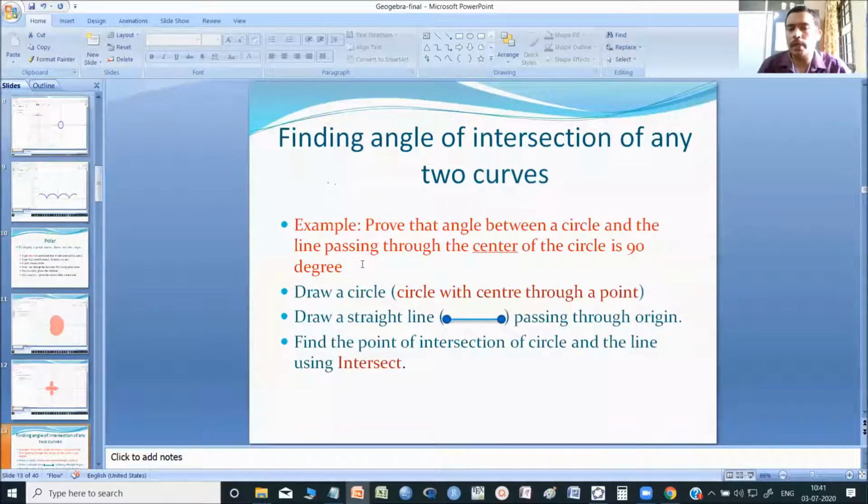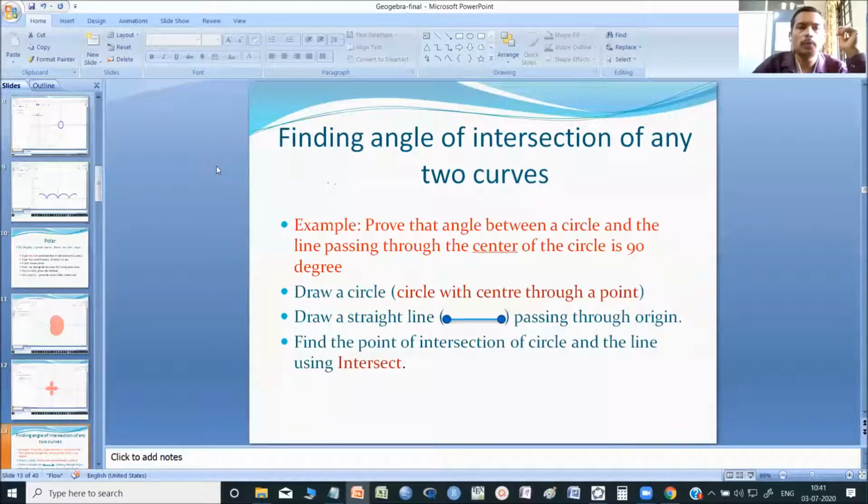If you can recall, they are called orthogonal trajectories: the set of concentric circles and the family of lines passing through the origin. They are orthogonal to each other. Therefore, they are called orthogonal trajectories.